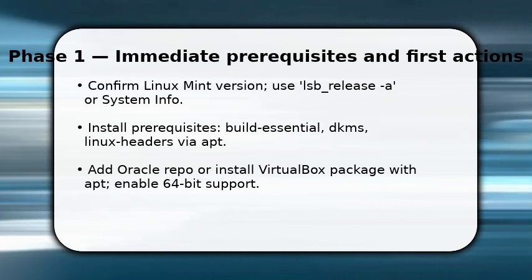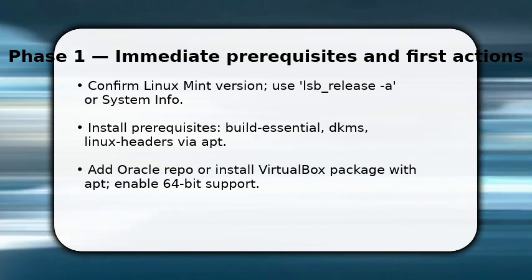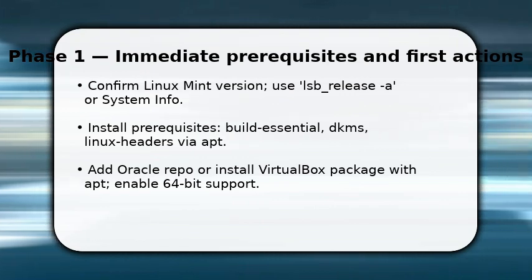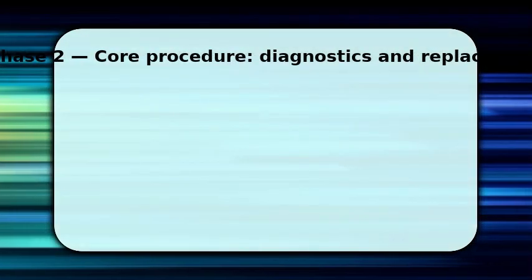Once done, add the Oracle VirtualBox repository or install the package directly with sudo apt install virtualbox. Make sure Secure Boot is addressed. Unsigned kernel modules can block VirtualBox until you sign them. Now you create the virtual machine, click New and give